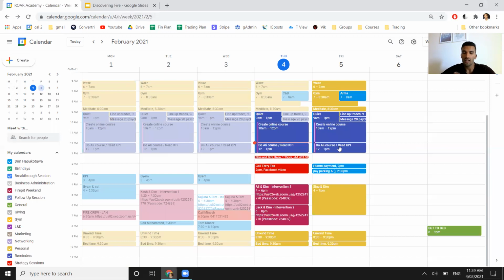I don't check notifications, I don't worry about anything, and I just plug in and I focus. And I've written those little tasks there. So you can see I'm pretty much at the finished time of creating the online course, et cetera, et cetera. Then you can see my calls, blah, blah, blah, are scheduled in.